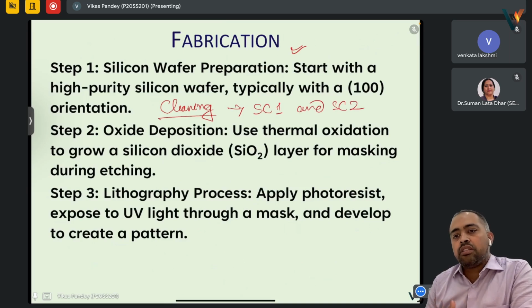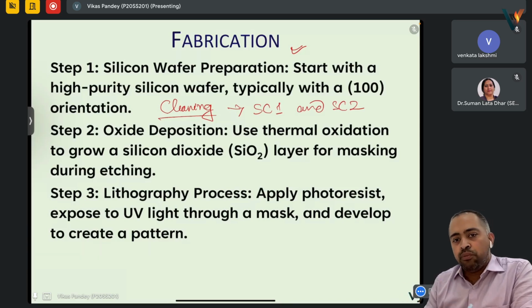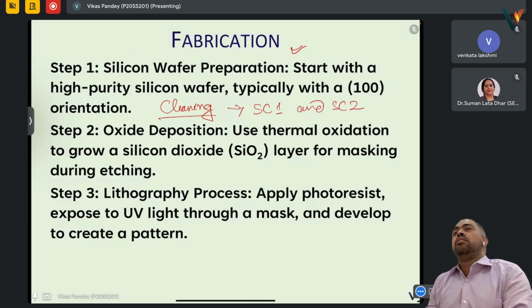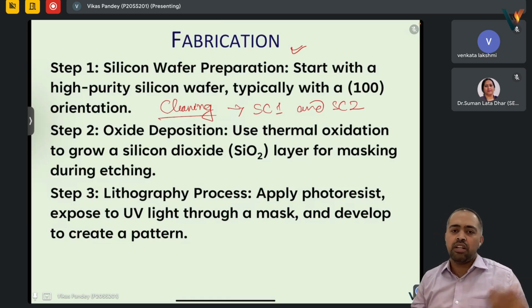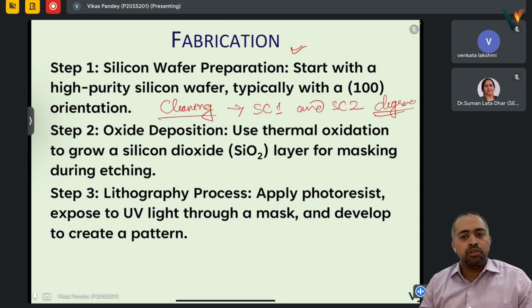If it is contaminated too much with organic contaminant, or sometimes while shipping these wafers, when we have one or two wafers, they put a photoresist over it to protect the surface. In that case, you might need to use piranha or acid piranha cleaning for a mild one, and not so mild one, for some strong organic contaminant. Or in simple cases we just go for acetone clean and IPA clean. We call it degreasing. So this process can be used, and once we have the clean wafer, we start with the first